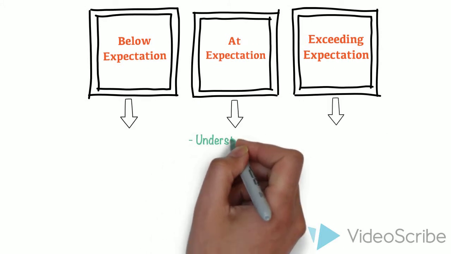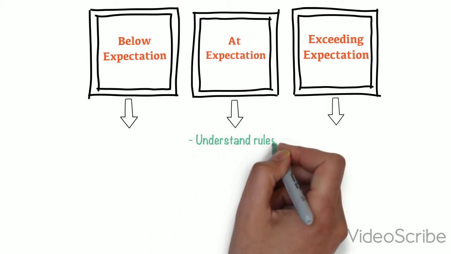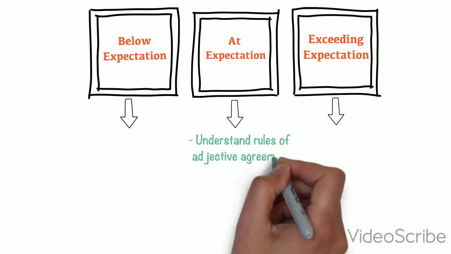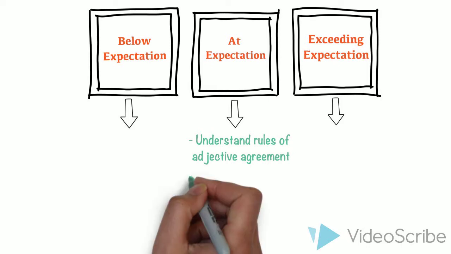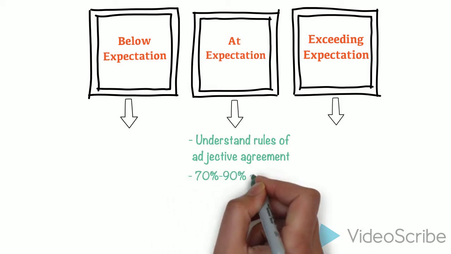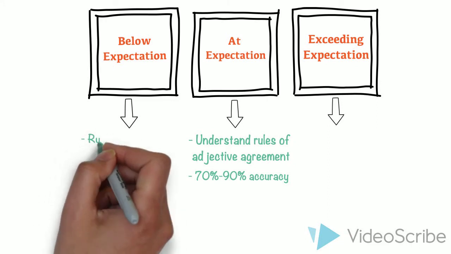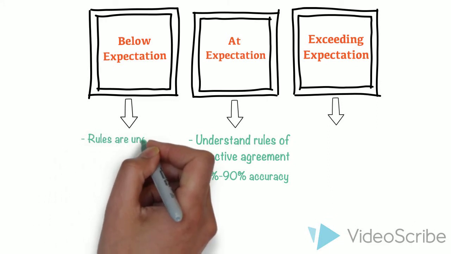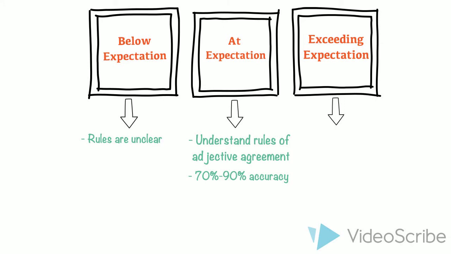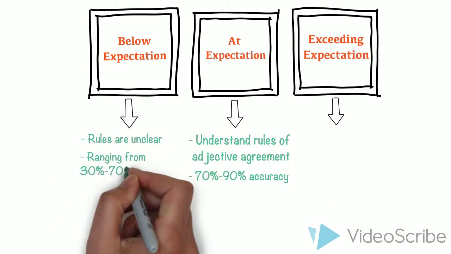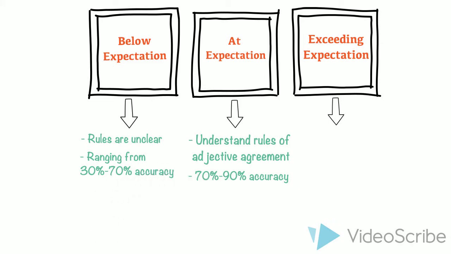If students were at expectation, it meant that they understood the rules of adjective agreement but forgot to make their adjectives agree 100% of the time. They might have forgotten to make an adjective feminine or needed to change an adjective from singular to plural. If students were below expectation, it meant that they were more unfamiliar with the rules behind adjective agreement and made mistakes more often than they should have. These students might need more clarification and explicit instruction on this